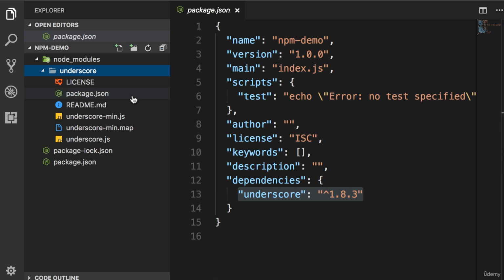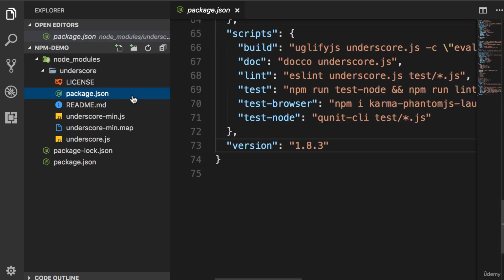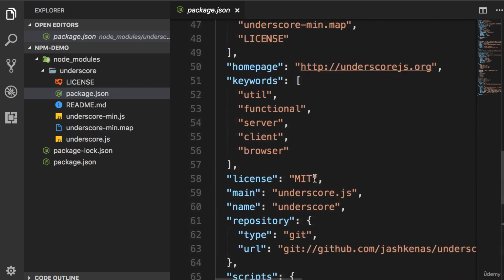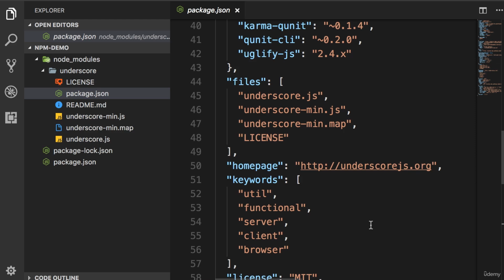One of these files is package.json. Every node module has this package.json, just like our node application. If you look at the package.json for underscore, you can see the version is 1.8.3. And here you can see some more information or metadata about this underscore package, such as the homepage, the keywords,